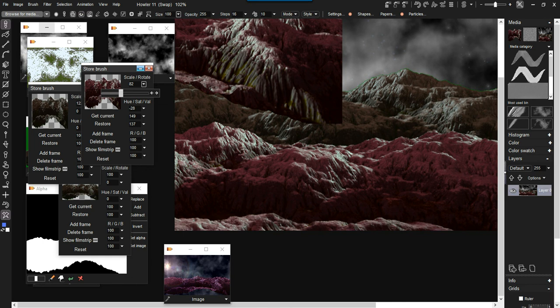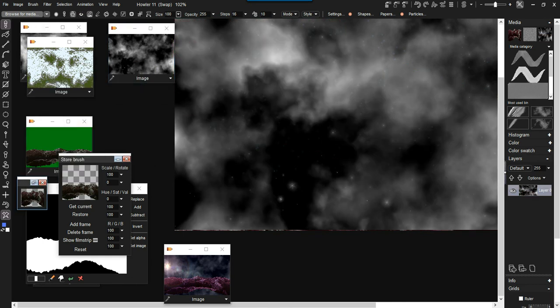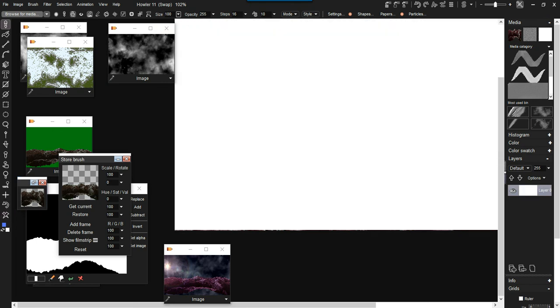Oh, there's one more. Let's do one more. All right, so let's go get rid of these brushes. There is one more technique, and that is, again, if we have one image that has the background, I'm going to go actually put it into the